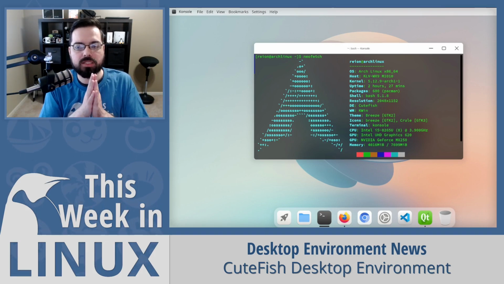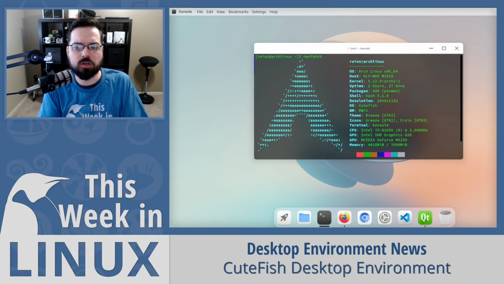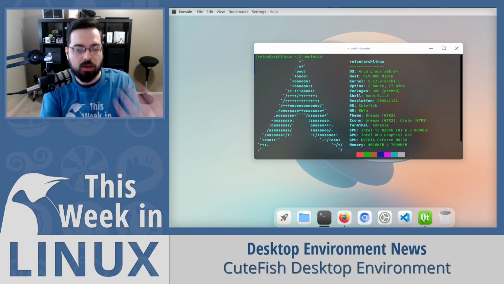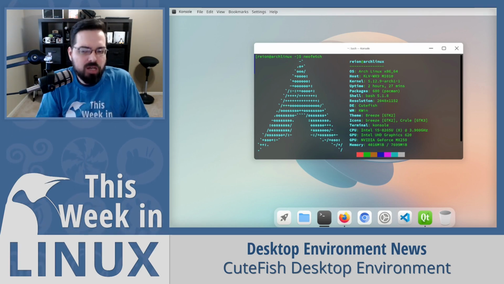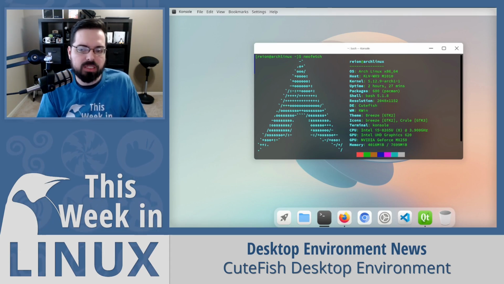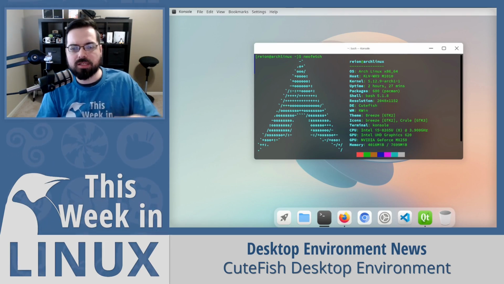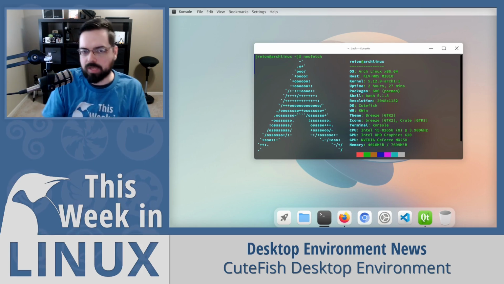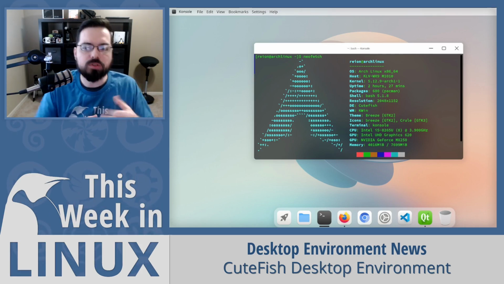But if you're looking at the visuals for the show, if you're on the audio version, I'll describe it. It looks very much like macOS. It looks very similar. Now, is CuteFish OS connected to Jing OS in terms of, the visuals are very similar?